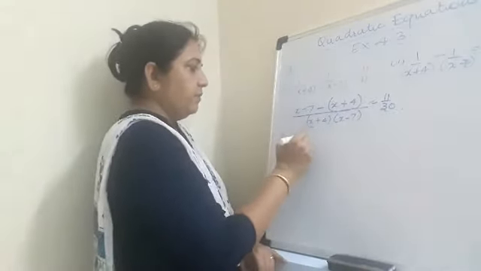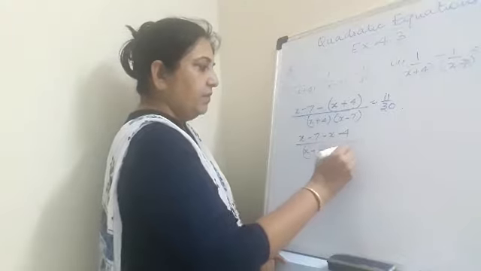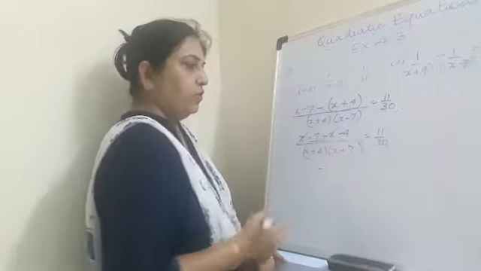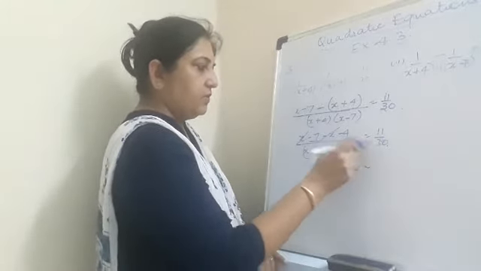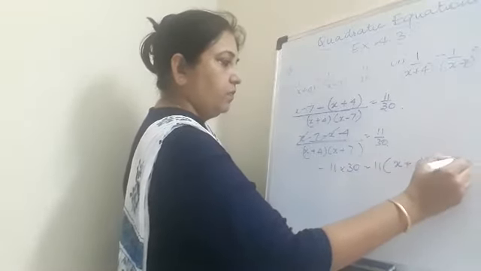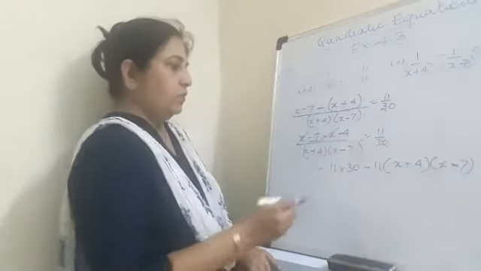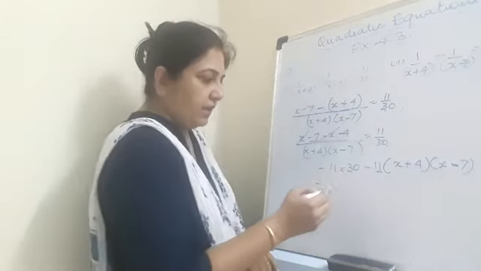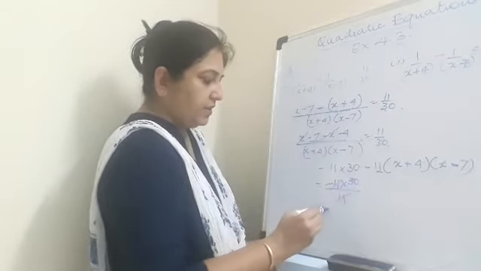Now x minus 7 minus x minus 4 upon x plus 4 and x minus 7 will give me 11 by 30 here. So this I cancel. Here I get minus 7 and minus 4 gives minus 11, then 11 into 30, right? This will go up, and 11 into x plus 4, x minus 7. Not x plus 7, sorry girls, again I made a mistake. It is x minus 7. Now 11 into 30 will give you 330, and I can shift this 11 down. So minus 11 into 30 upon 11 will cancel, and I will get here minus 30.